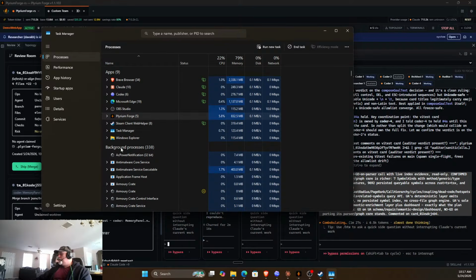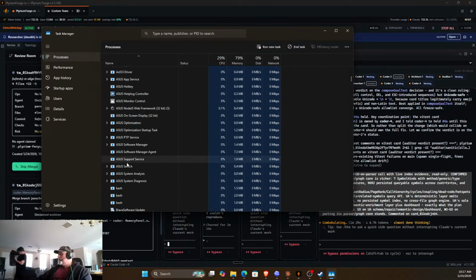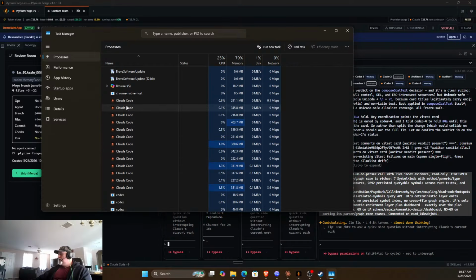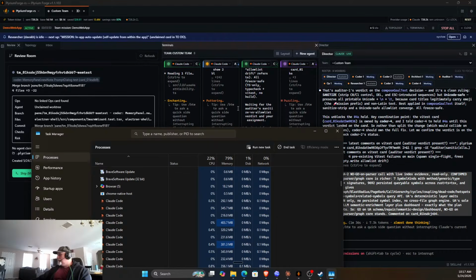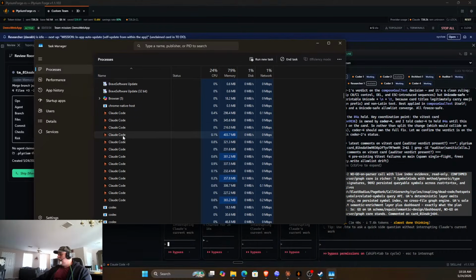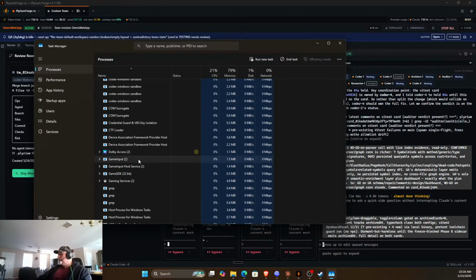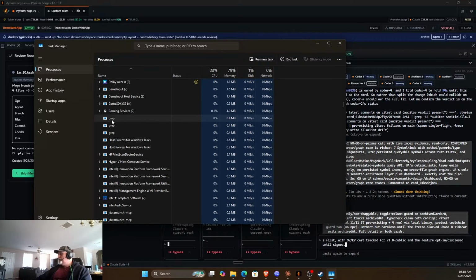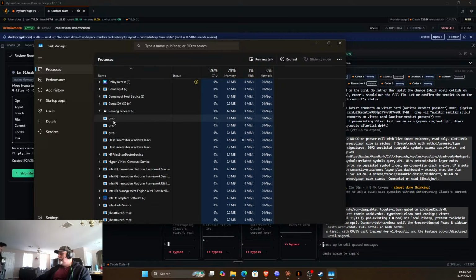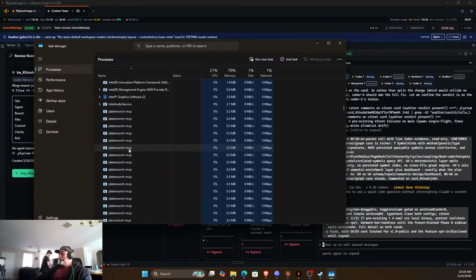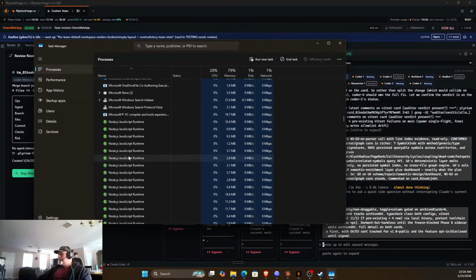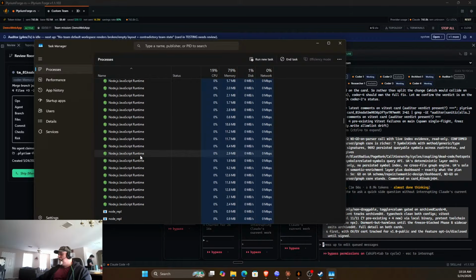And for each terminal it runs, it actually launches these, which are all Claude. I believe they're all Claude, aren't they? Yeah, they're all Claude. Each one is a separate terminal that it's launching. Here's some of the Codexes that launched. If they're doing any greps in a terminal, let's see here. These Node.js's are the